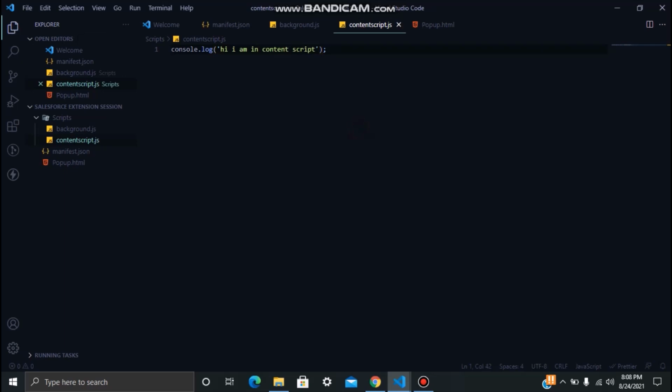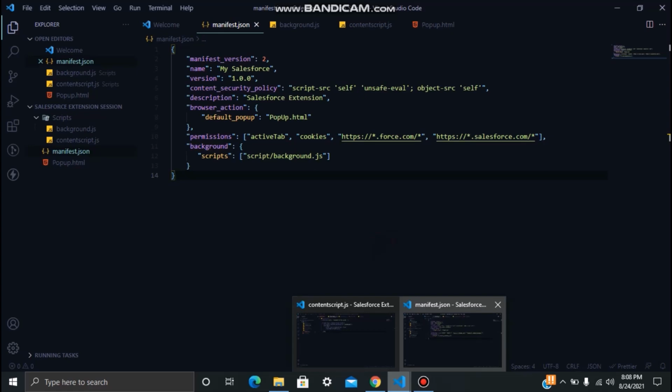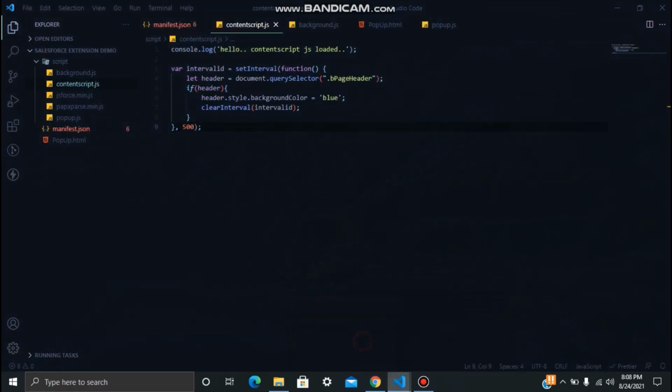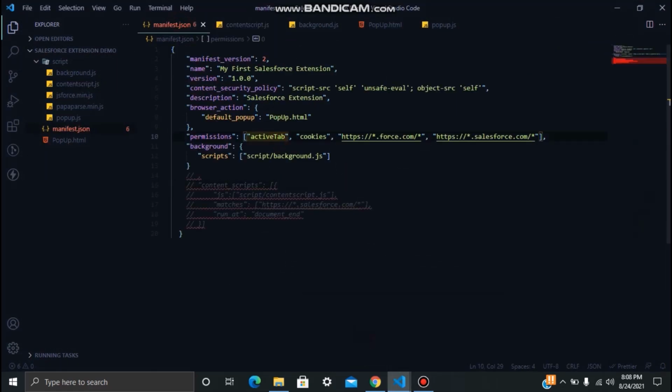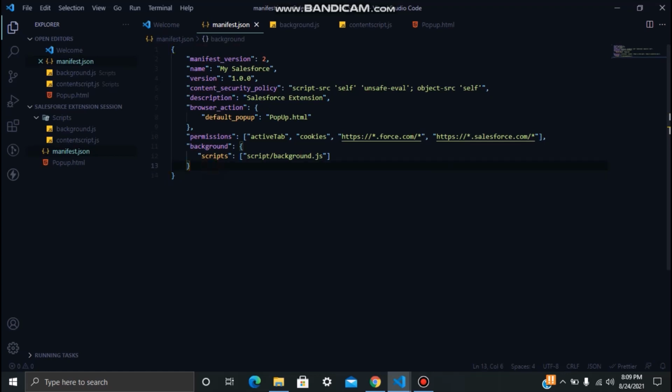So we have saved all our files. Okay, so I guess we are missing something. For the background we have written it, and for the content script we have to mention the content scripts also.